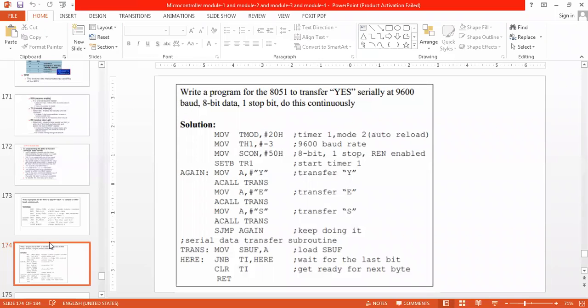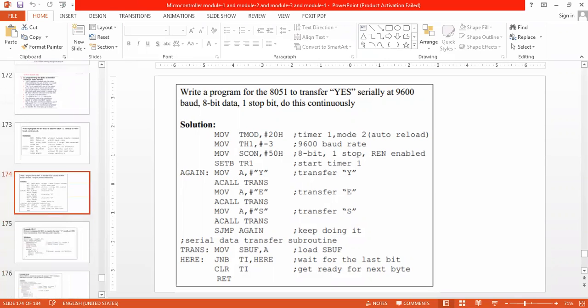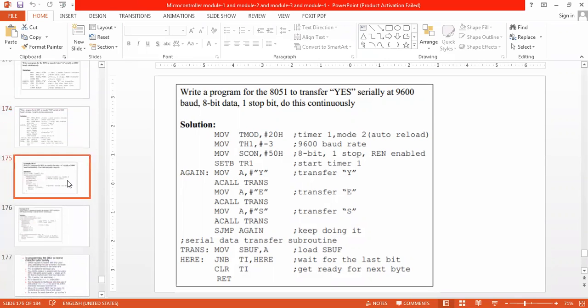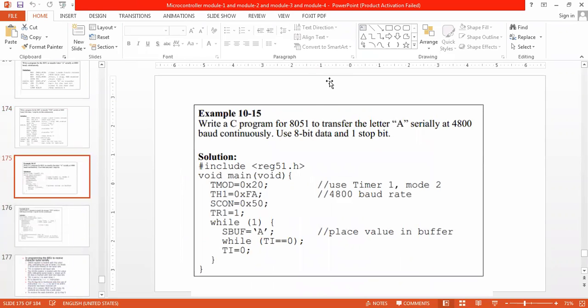So this is the assembly program. In the same way, with a simple modification, we go for the C program. They are also very simple. Write a C program for transmission of A with 4800 baud, the same program we have seen, but in C. Include reg51.h.